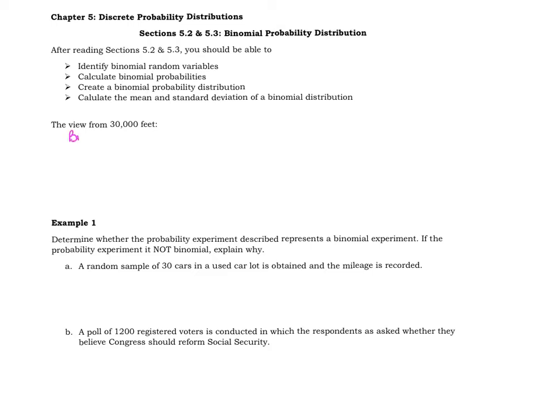All right, so binomial distributions are discrete random variables. So they are what we just talked about in the last section. Okay, they are discrete random variables with two characteristics. Okay, the first characteristic is each outcome